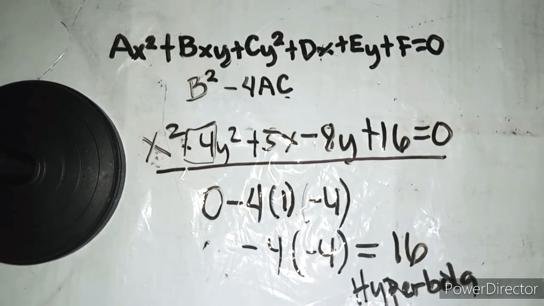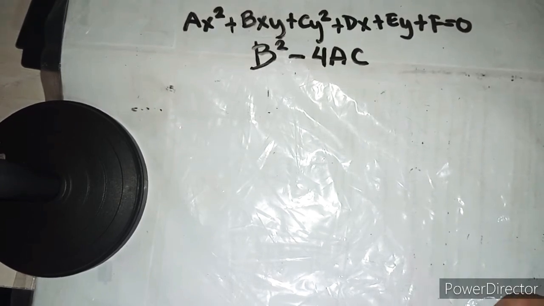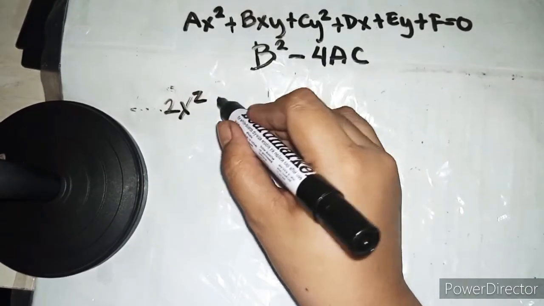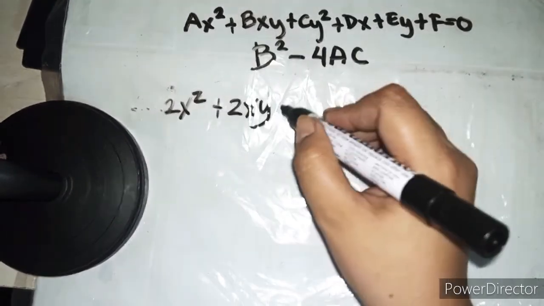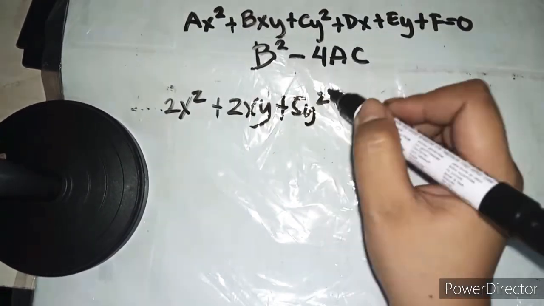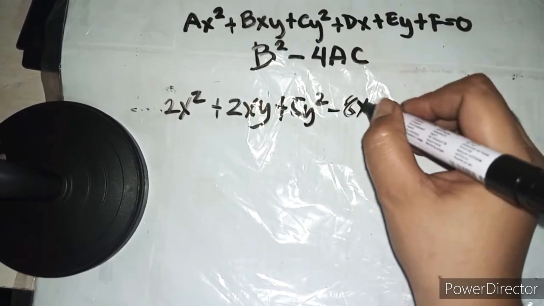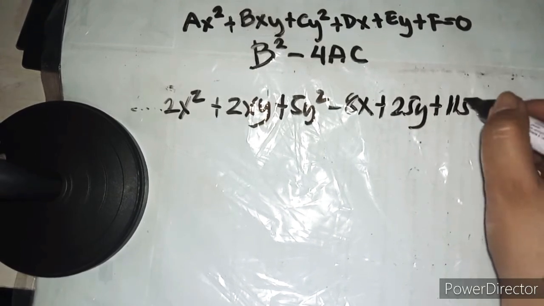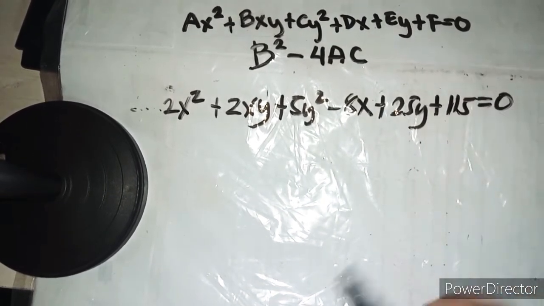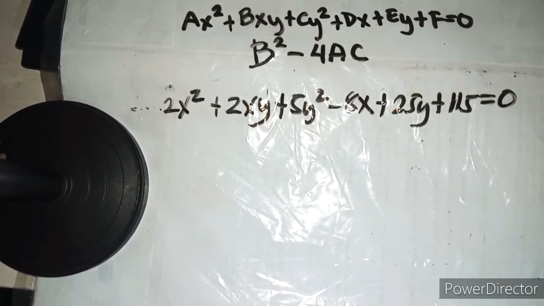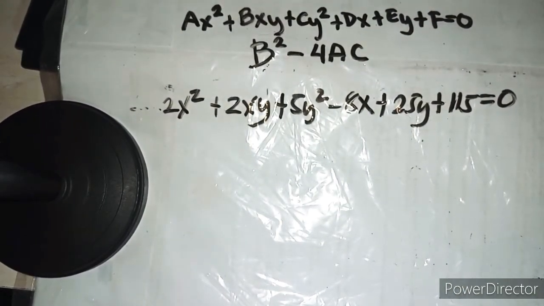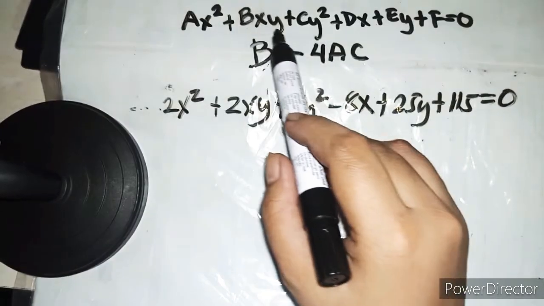Okay, so let's have another example. Example number 4. Suppose we have 2x squared plus 2xy plus 5y squared minus 8x plus 25y plus 115 is equal to 0. First, we need to find the values of a, b, and c. So first, let's find the value of b. So here in our general equation,